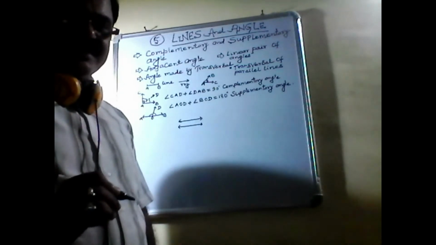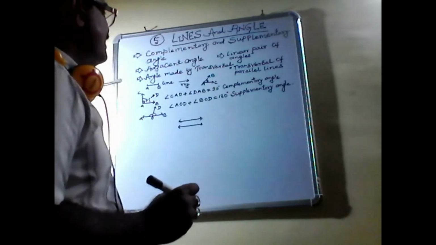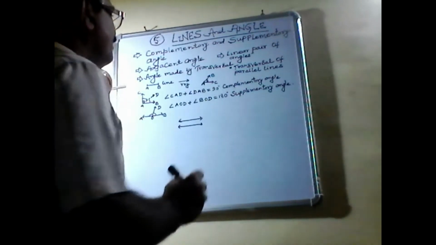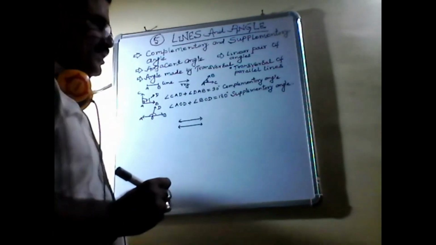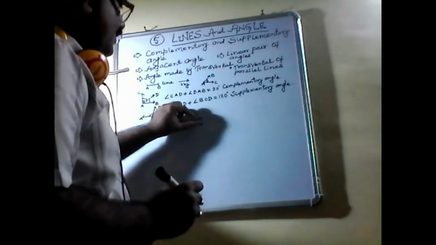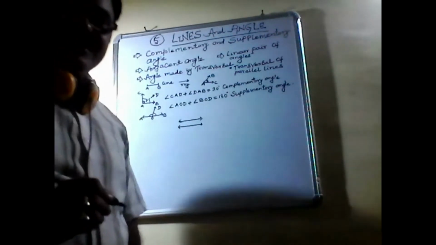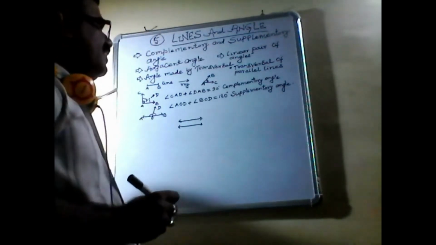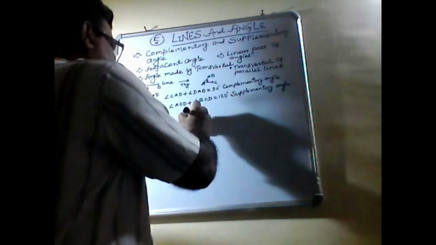In railway tracks, the lines do not meet each other. So under such conditions, we can say that this is an example of parallel lines. Parallel lines are those lines where the distance between the two lines remains the same at every point. If we extend them, it also remains the same. So these lines are called parallel lines, and if any line intersects,